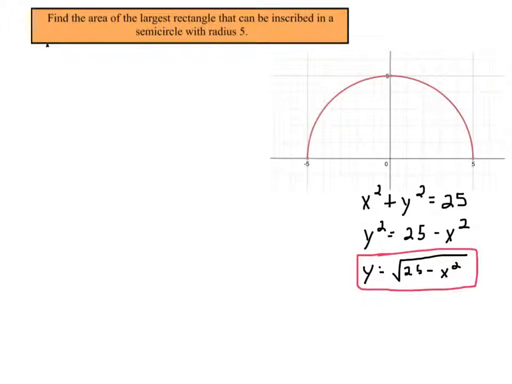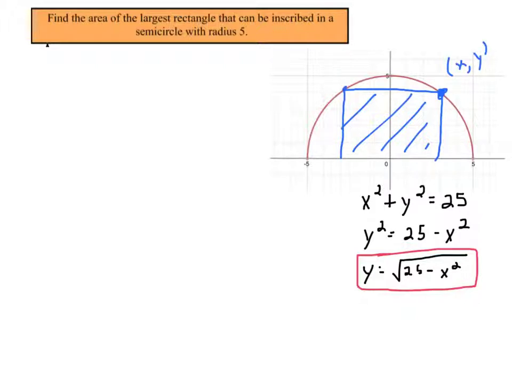Okay. Now, let me draw my picture. I'm inscribing a rectangle in here, like this. What I like to do when I put a rectangle or any shape in is I like to just mark up and say, okay, right here, I'm going to name this point (x, y). So this point over here would be (negative x, y). And a lot of times that helps me just think about the area, because the base of my rectangle, just one side of this is x, and of course this other side is also x, so the total base is 2x. And the height, easy enough, that's just y. So the area